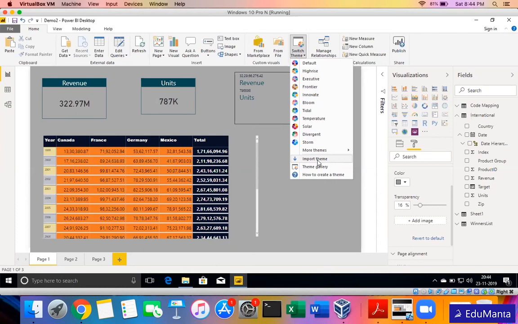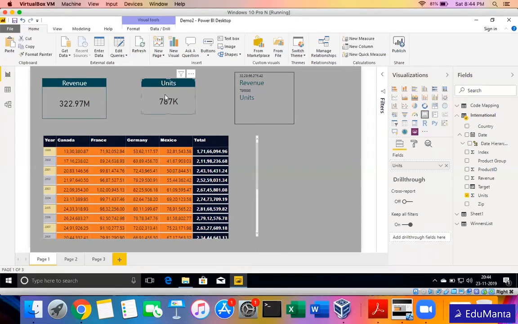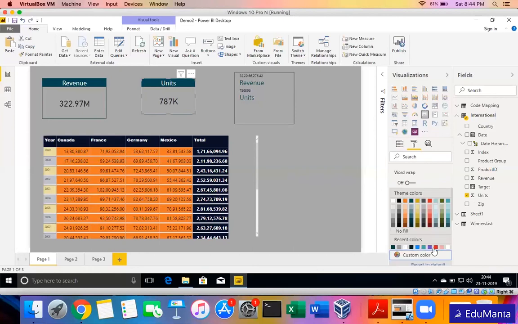So if that is the requirement, some people follow the manual formatting option. We'll go here and put that blue color. Suppose I want to put the title in a specific color. I go to title, background color. Here, you go to custom color, and you can put in the hex code of that color. Any particular color you use, you put the hex code, and that will come up.